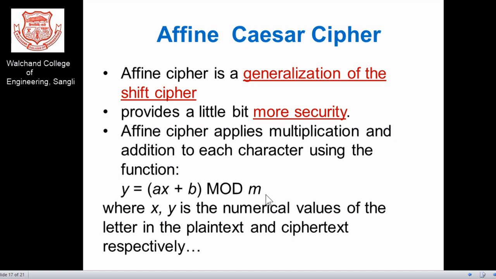In that way you can increase the security of the Caesar cipher. So you have higher security provided by the affine Caesar cipher. It gives certain equations because it applies multiplication and addition, so it is a bit more complicated than the earlier one.